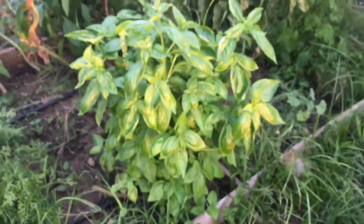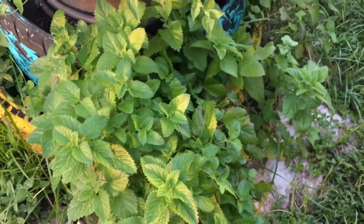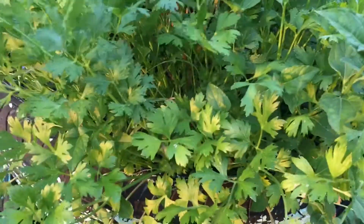This basil is really alive and doing well. I have all this catnip right here in the tire on this side, and all of this lemon balm on this side really taking over. The parsley is coming in, and cilantro,